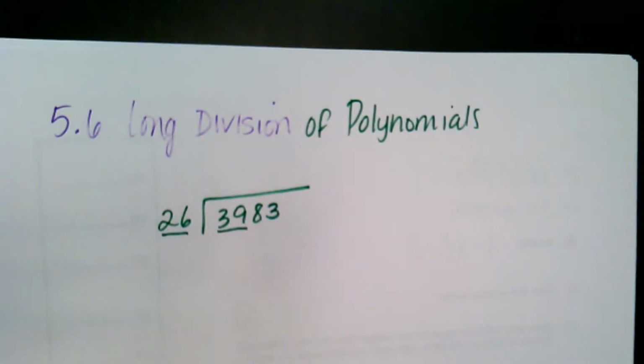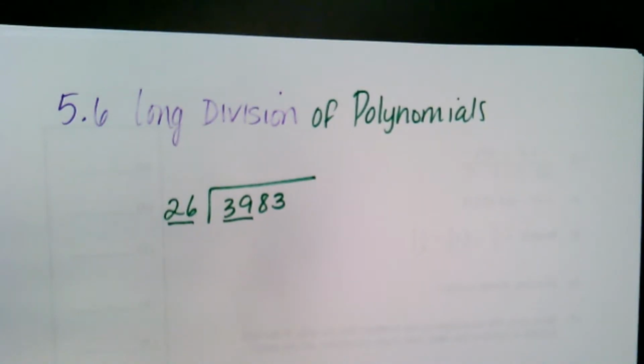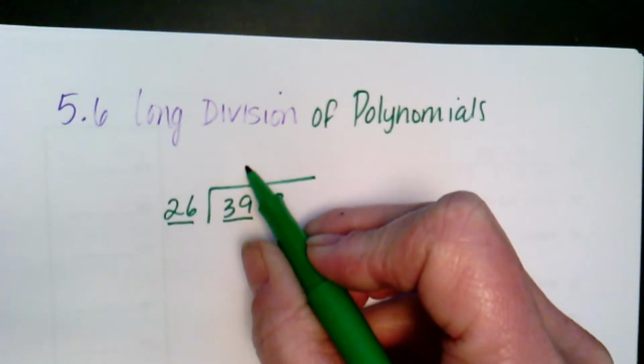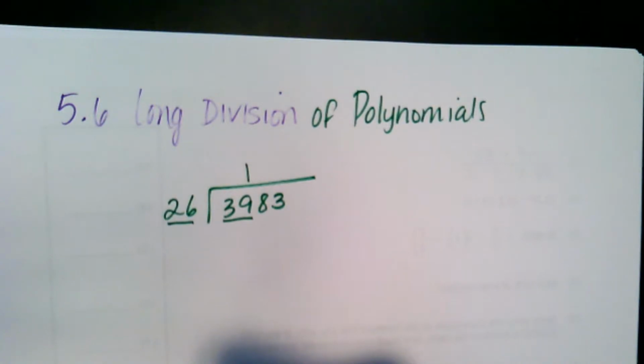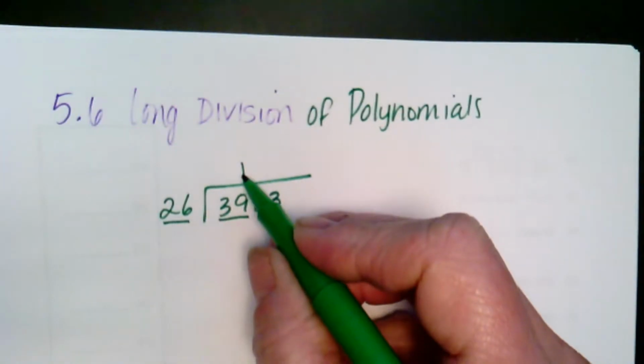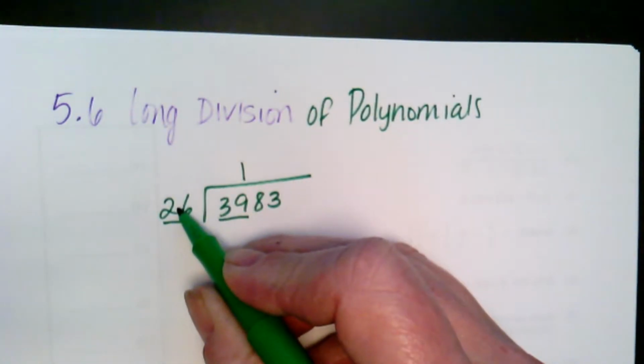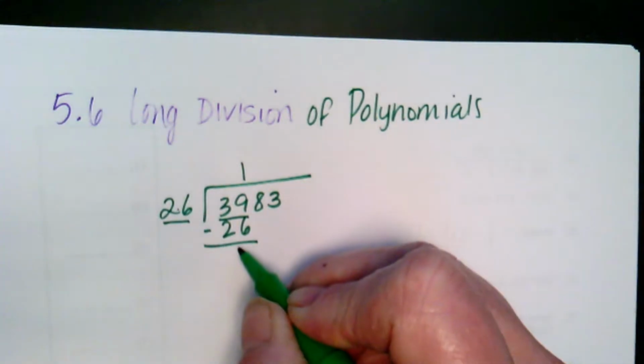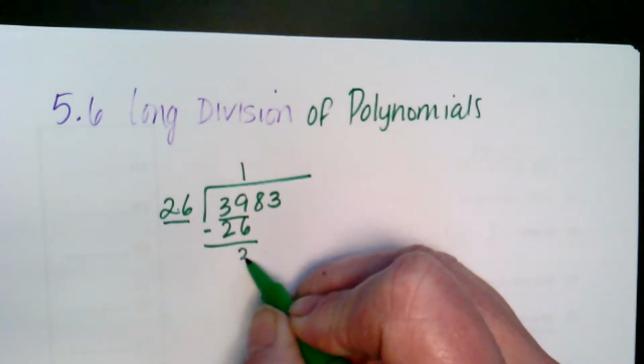So we go to the first part that it can go into. You figure out how many times it goes in there, and you put that at the top. Then you take what you got and multiply it by the guy outside. Then you subtract, and then you